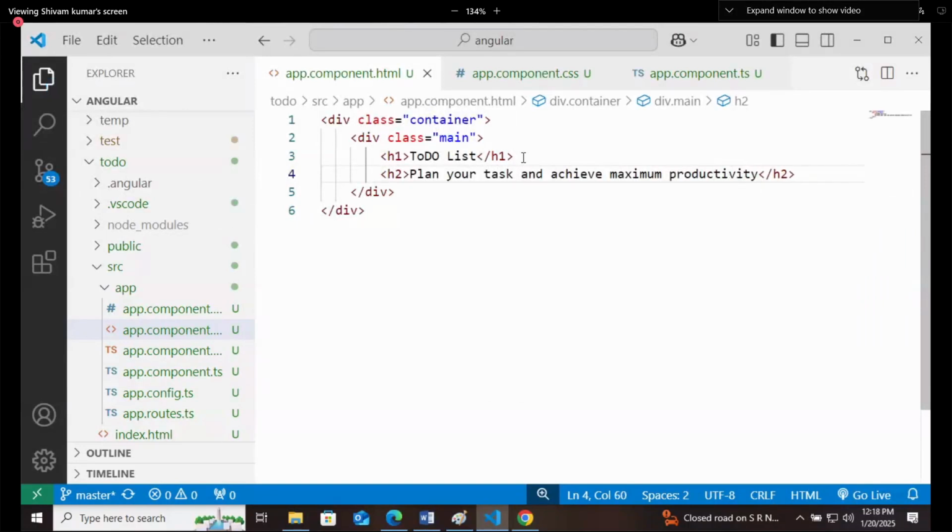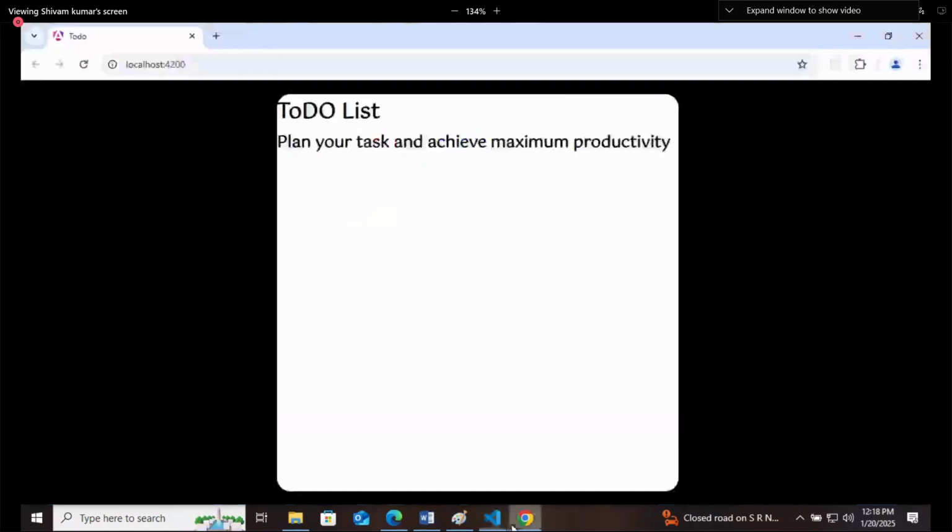Yeah, any one of you having habit of writing your task, writing a diary? No? As a developer, it is a very crucial part. You should write your things. Whenever you are writing, you will get a focus. So this is what we are doing.